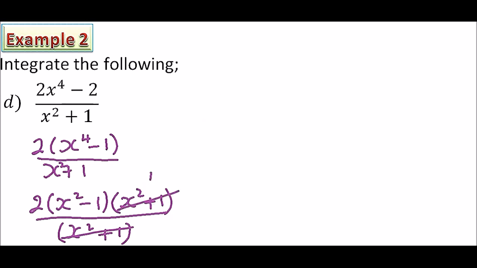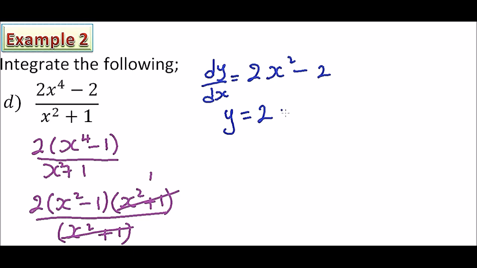When you expand the other part, you find 2x squared minus 2. So this is our dy over dx, what we are supposed to integrate. So the function that was differentiated to get this gradient function is